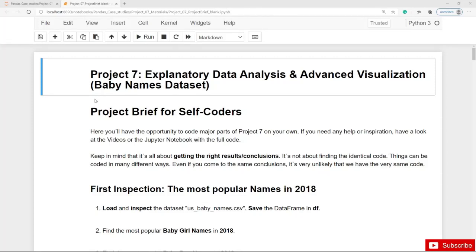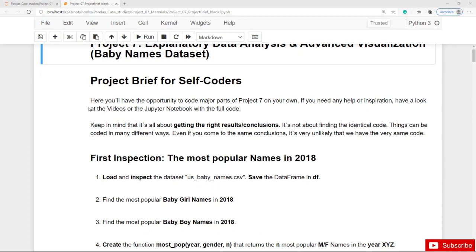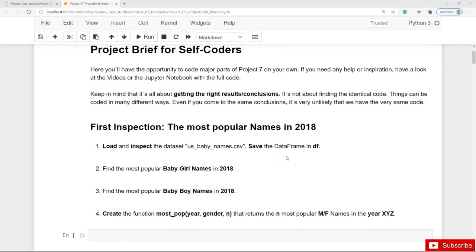Alright, this is the blank notebook for project number 7, and this project covers advanced data analysis and data aggregation techniques. So we are working with the US baby names dataset on a national level, and first of all you have to load and inspect the dataset stored in the CSV file usbabynames.csv, and you should save the data frame in df. And then, first of all, you should find the most popular baby names in 2018, so girl names